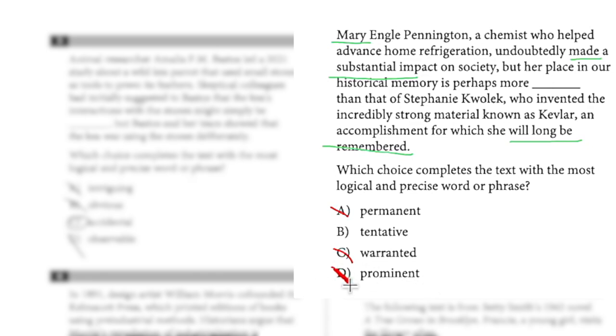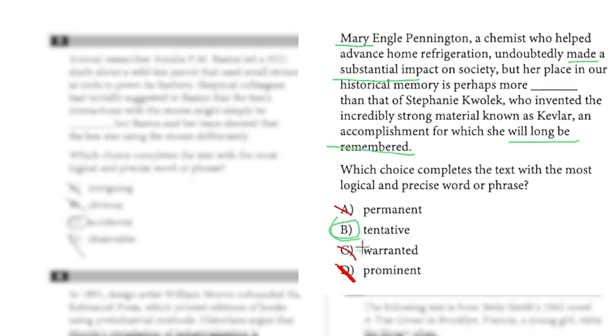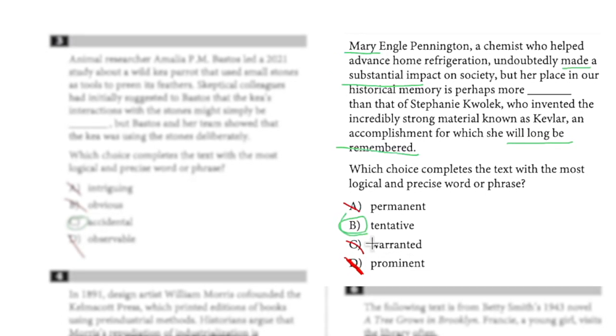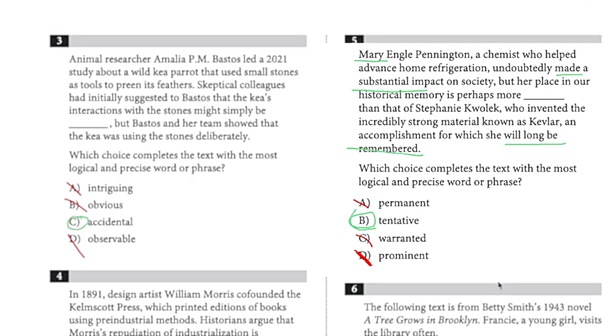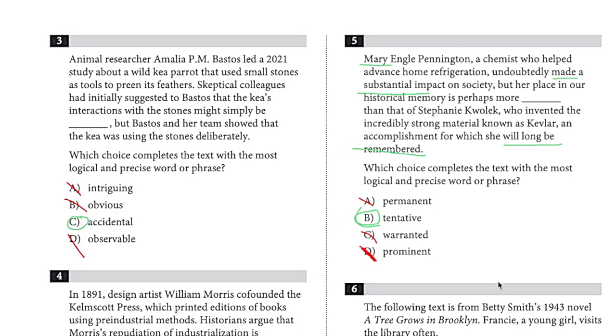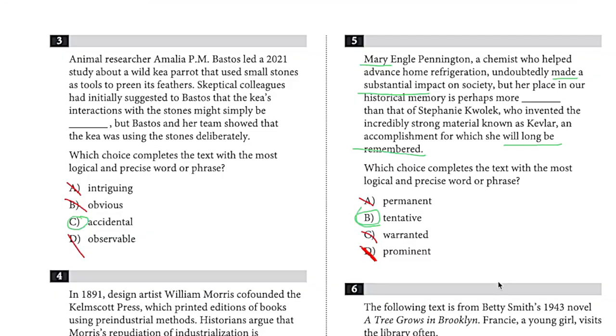If you're able to eliminate all the other answers, you can choose the one you don't know. Unfortunately, if you end up with two words you don't know, or you end up with two answers at that point, then you're just going to have to make your best guess if you're not sure what either word means. And in case I forgot to mention it, tentative means unsure. When you make a tentative plan, you say, oh yeah, let's tentatively plan to meet up on Friday, but we're not sure if we're actually going to meet up on Friday just yet.